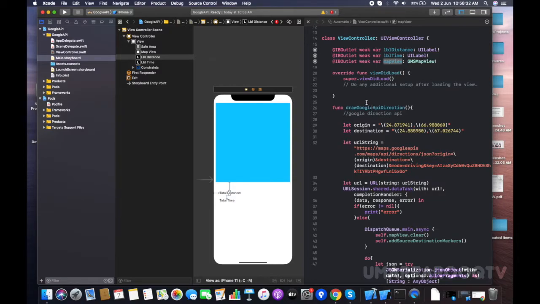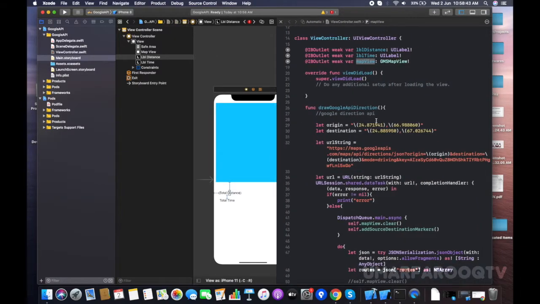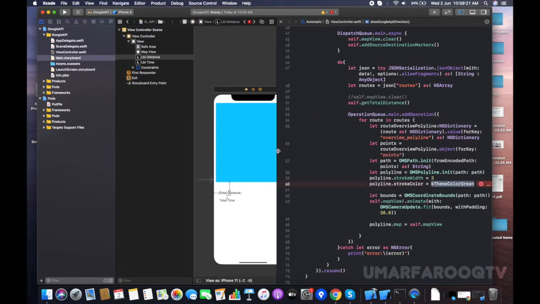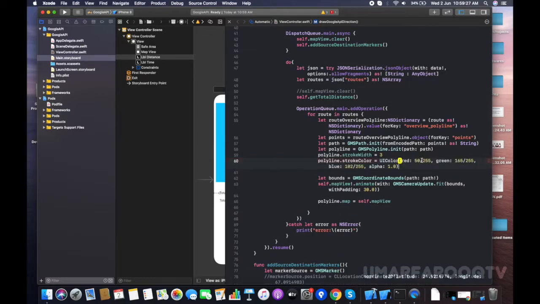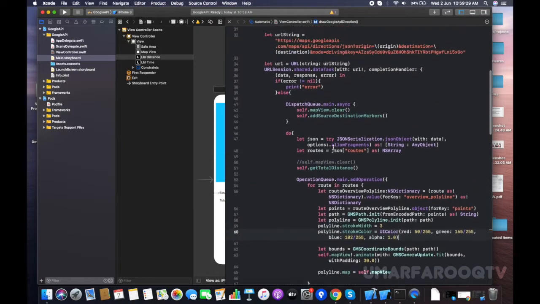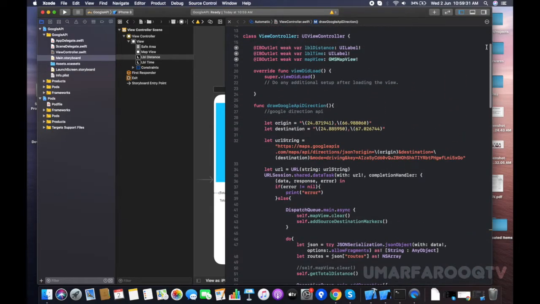Now you can see my UI is completed, and what I need to add on my UI is the theme color. I just copy the green color